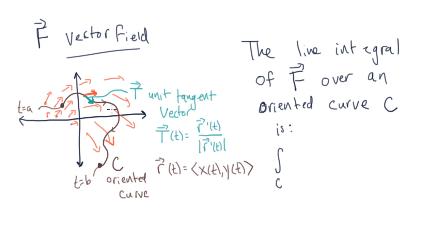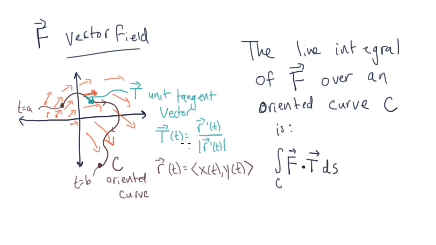What I'm actually going to be adding up is the contribution of the dot product of the vector at the point and the direction I'm moving. So it's sort of just adding up how much of the vector field is moving in the direction of motion of the curve along the point. So what we have is that it's F dot T